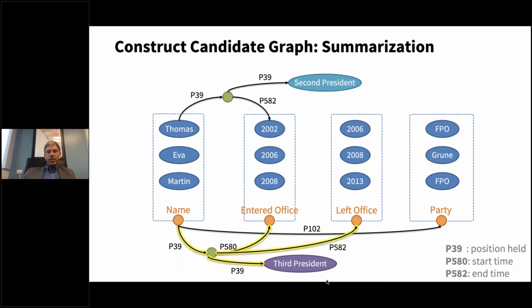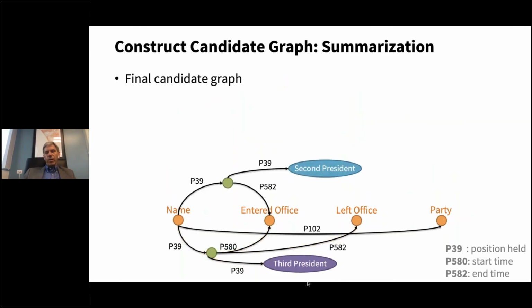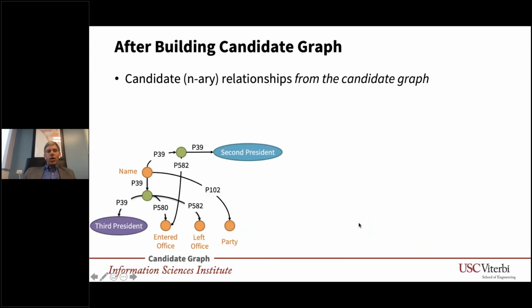Likewise, we can take a look at these entered office and left office, as well as the ones on top, and we can then produce the final candidate graph, which looks like this. I've got a name, and possibly the position held as second president, or possibly as third president, that he entered office in this column here that corresponds to entered office, and that he probably left office in the one that corresponds to left office. Okay, so